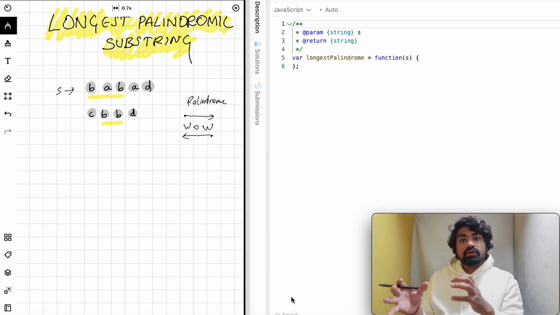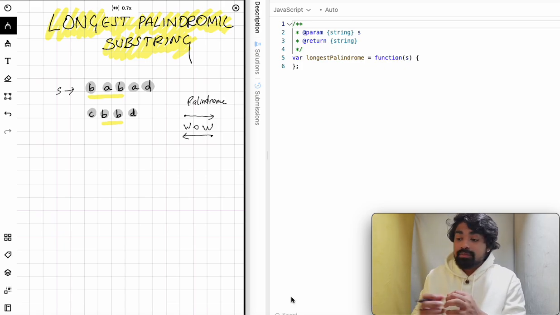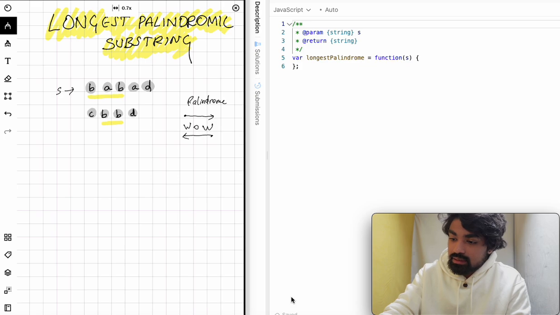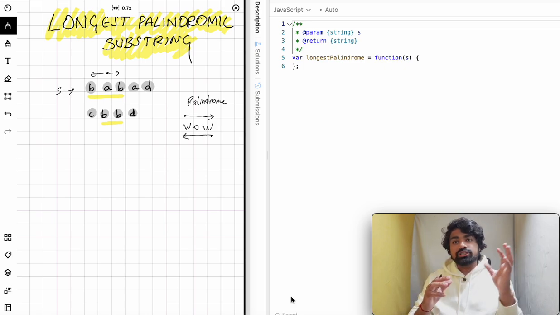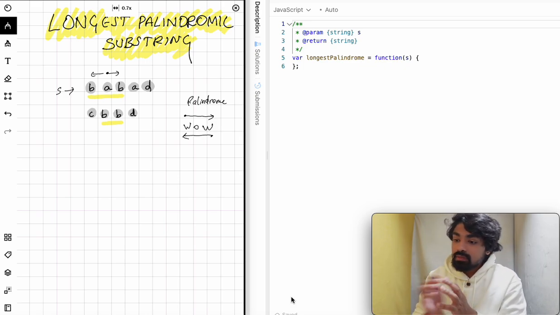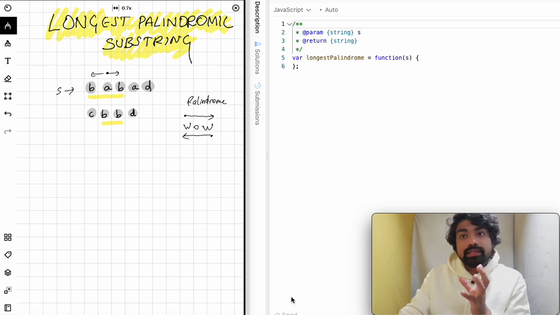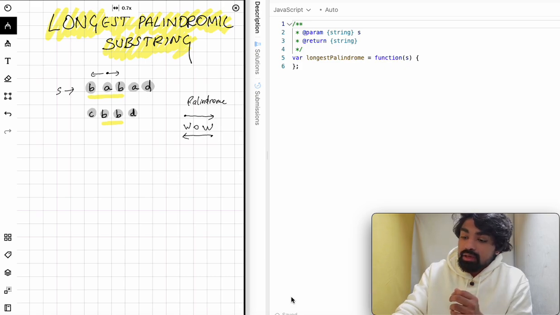Now to solve this, we will be using the expand from center approach. So we will have a center. Let's say this is our center, and from this center we will expand in the left direction and the right direction. Now one thing to note here is the length of this palindrome is 1, 2, 3. So that is 3, which is